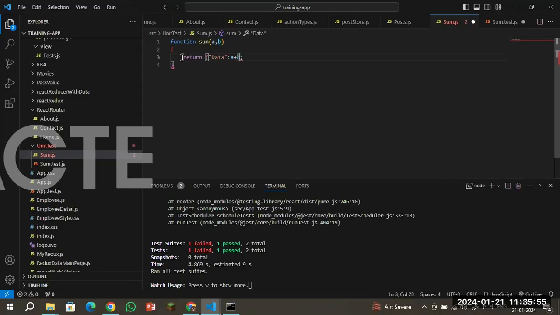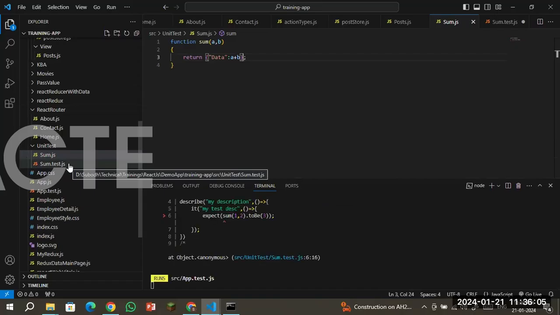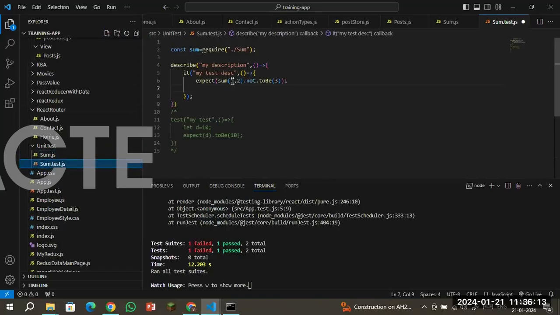So it will be an object. Now in this case, your test case will fail because you are using to be with sum. In this case you need to change it because you are expecting the object. So instead, we will use the expect,